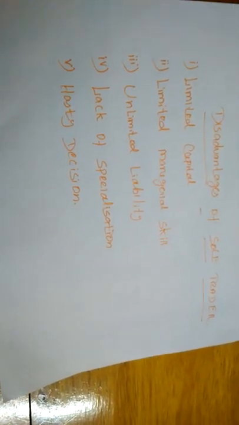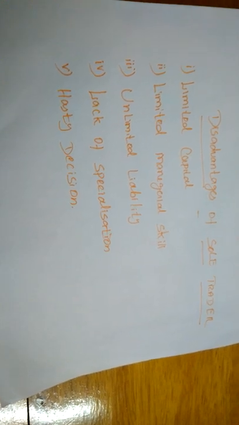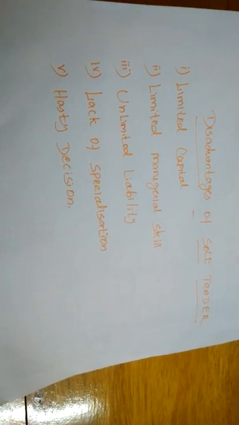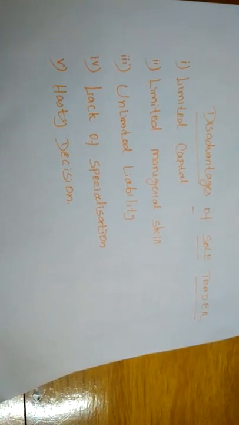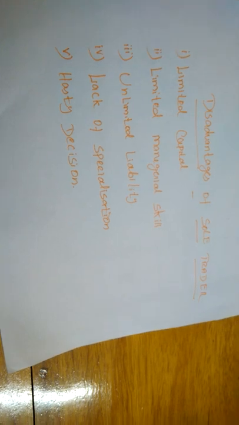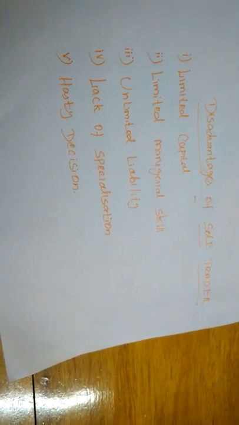Okay, students. So in the second unit, the first chapter is completed. It is a very easy lesson. We only had to study the sole trading business organization. In this lesson, if you have any doubt, please ask me. And now we will go to the next lesson.